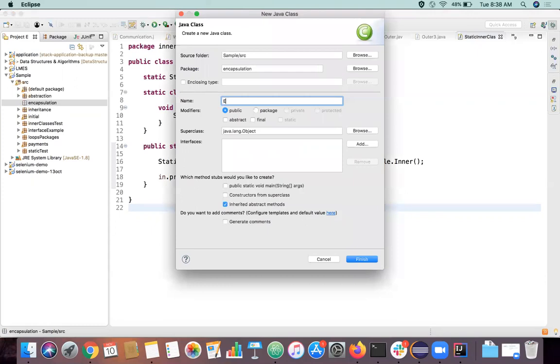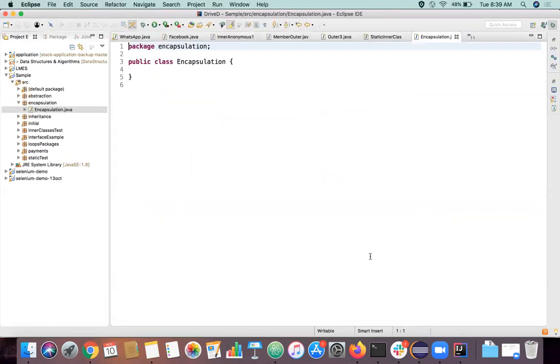Let's say this class name itself is Encapsulation. What I'll do, I'll just create an object, private int data. Let's not initialize this. I'm going to have two methods here.